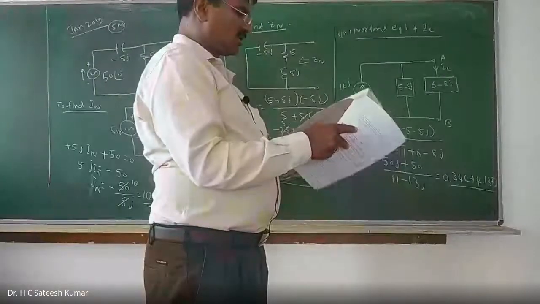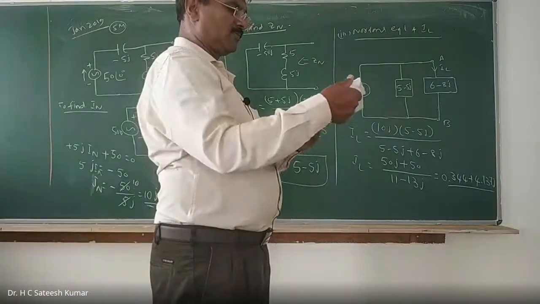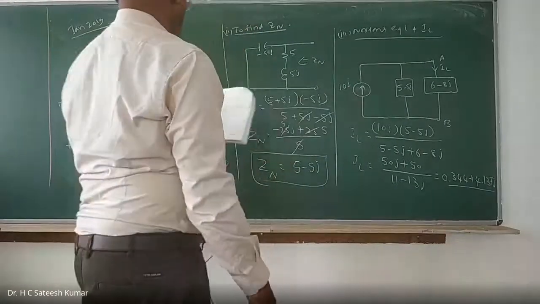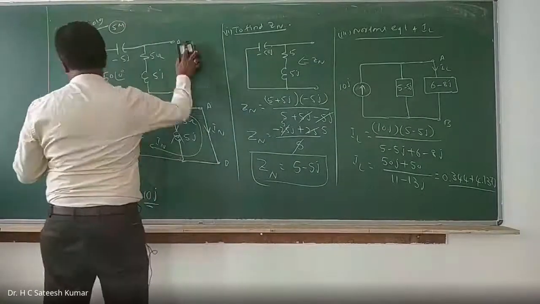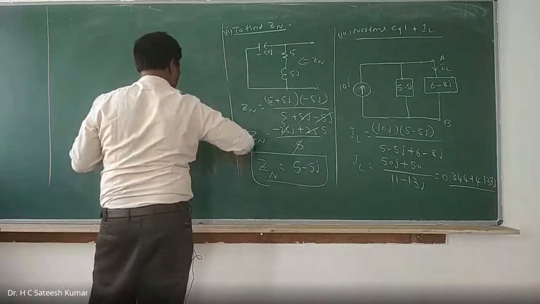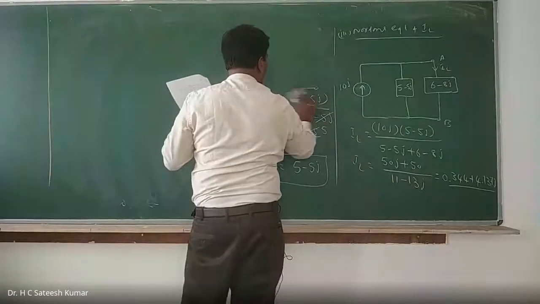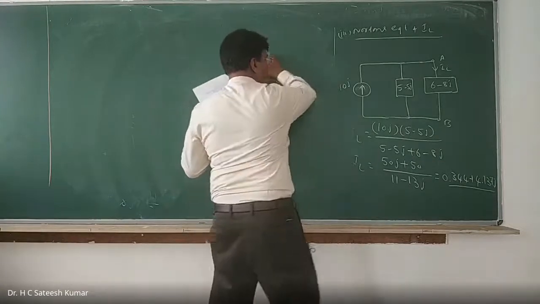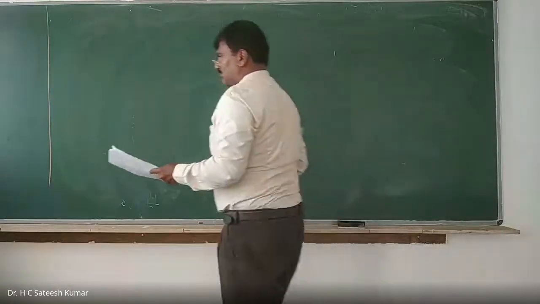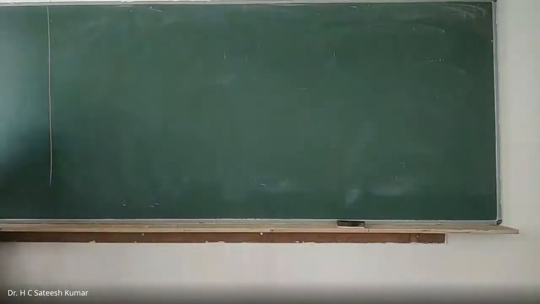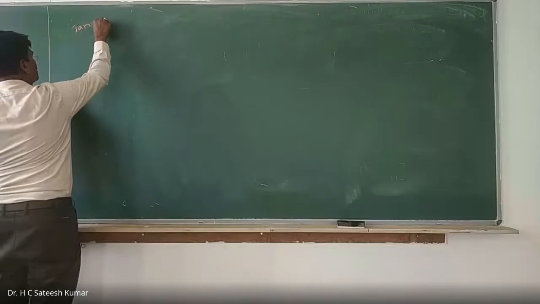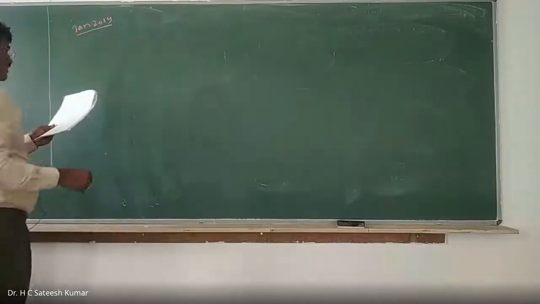One more question is there, similar to the earlier problem only. 20 volts, 4 ohms, 6Ix. Okay, right. This is also from one of the examinations. The question is from January 2019. The scheme is different, that's all. This is a 15 scheme paper. Anyhow, we take it as a problem, that's all.